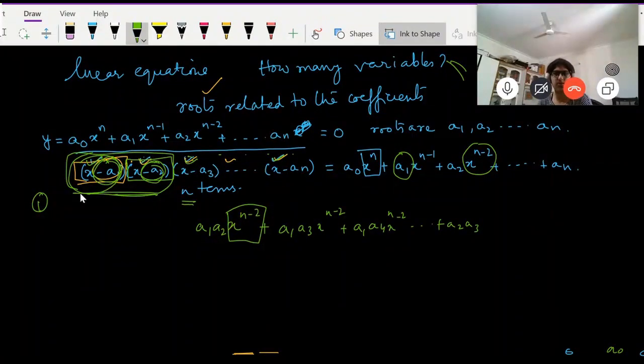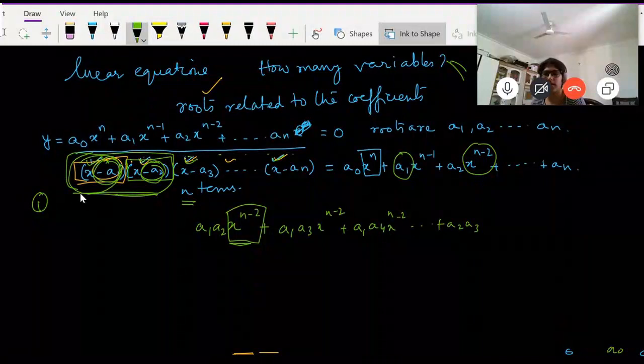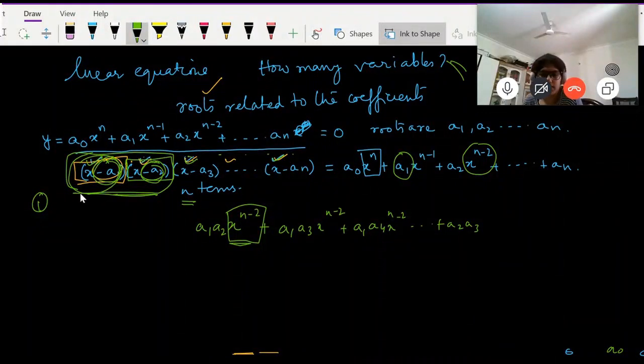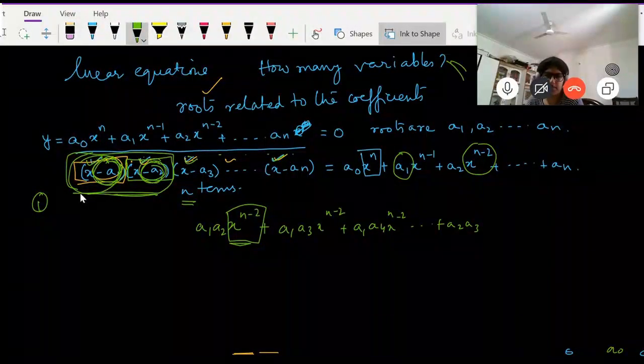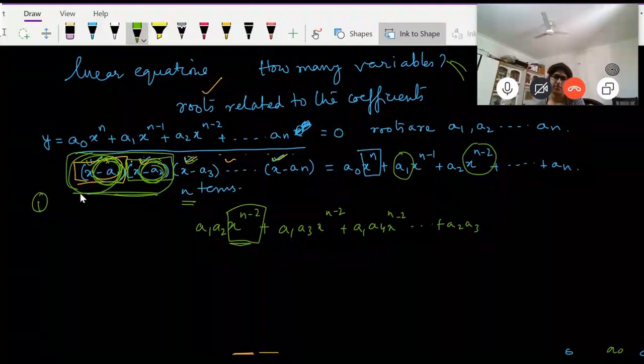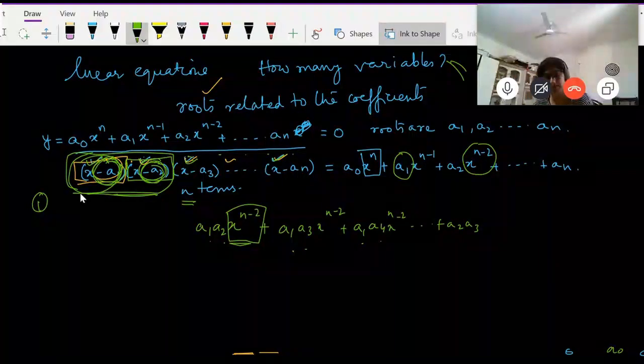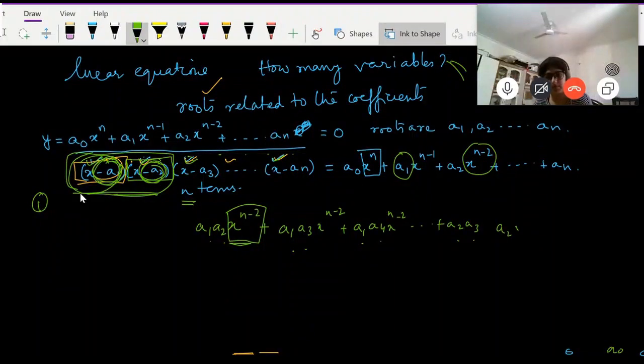So I have to leave two terms to get x to the power n minus 2. And the terms that I'm leaving, I will multiply the constant terms of those terms with x to the power n minus 2. So the series will be like a1, a2, a1, a3, a1, a4, and then a2, a3, a2, a4, and so on,